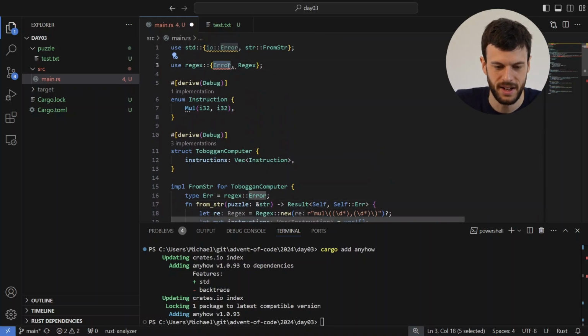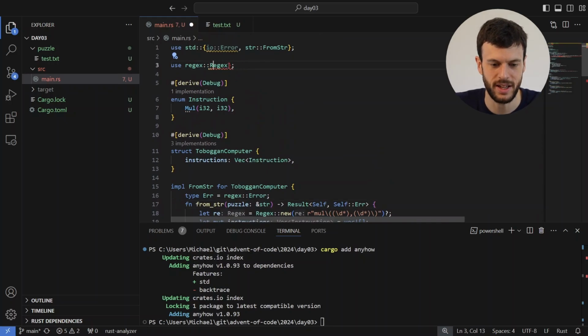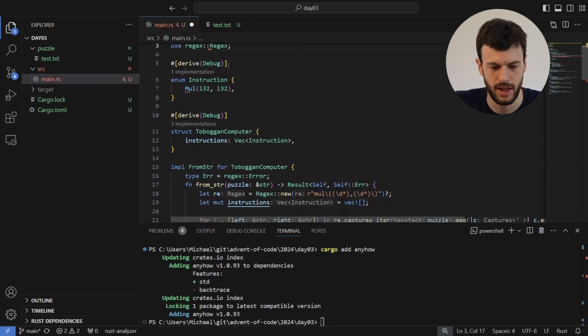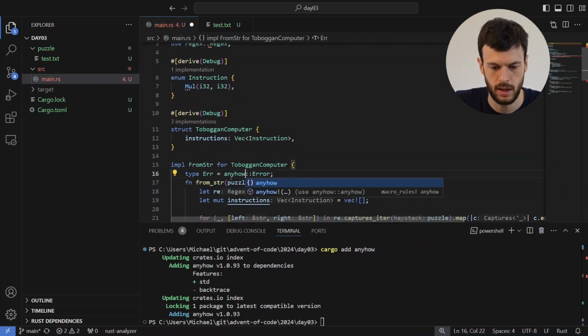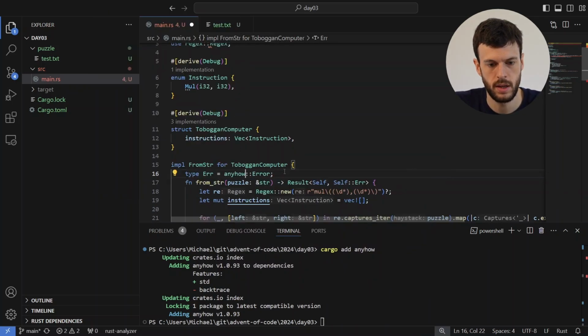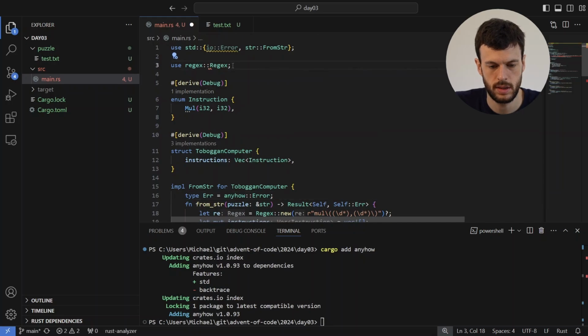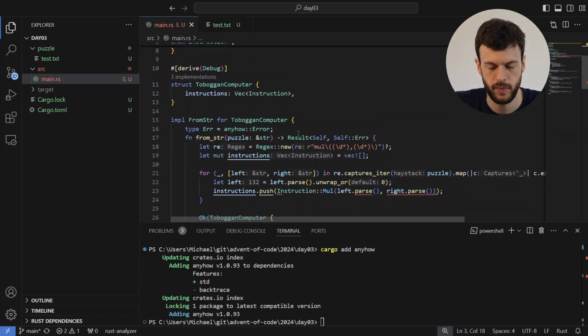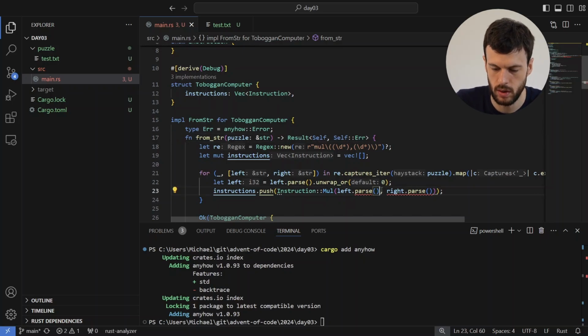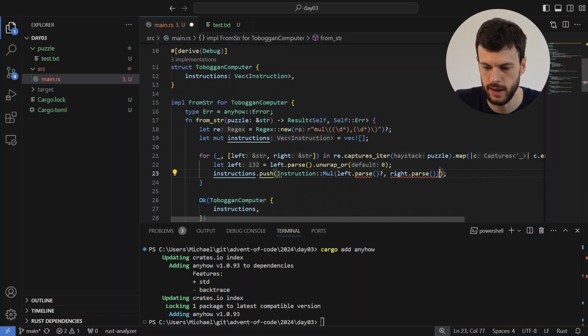So I just wanted to double check, and I think this is the right one. So what we can do here is I can define anyhow Error, and then I can still use the question mark on the regex, but I can also use it directly on left.parse and right.parse,